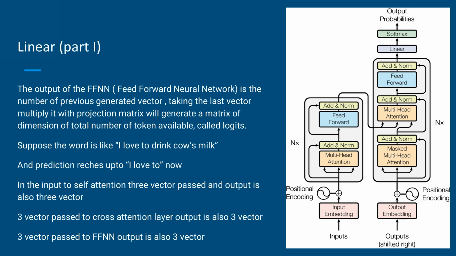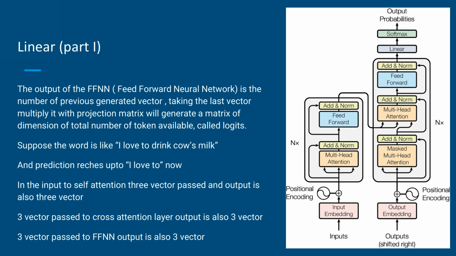Linear. The output of the feed-forward neural network is the number of previously generated vectors. Taking the last vector and multiplying it with the projection matrix will generate a matrix of dimension equal to the total number of tokens available, called logits. Suppose the sentence is I love to drink cow's milk, and prediction reaches up to "I